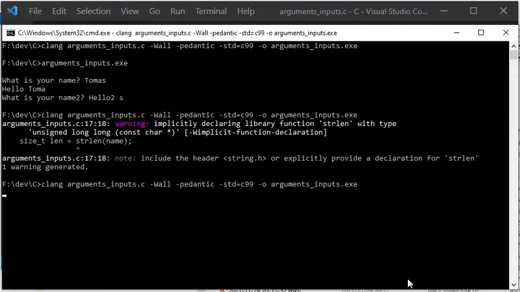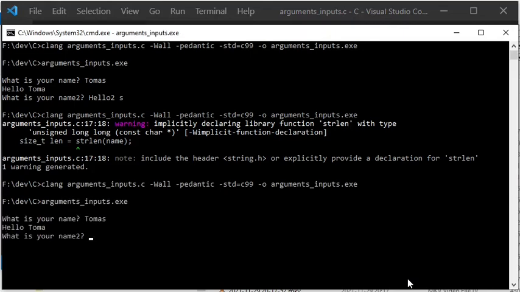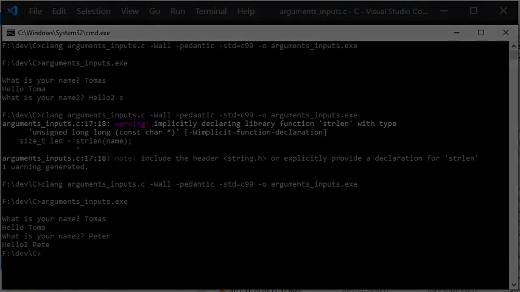Now I compile the modified program. And indeed, it now works as expected. Of course, the input strings are truncated into the maximum size 5 characters, which is 4 visible characters plus the null character. But the difference here, compared to when I tried previously, is that the remaining part of the first string is now thrown away, the letter S, instead of it being buffered and put into the next string when fgets is used again.